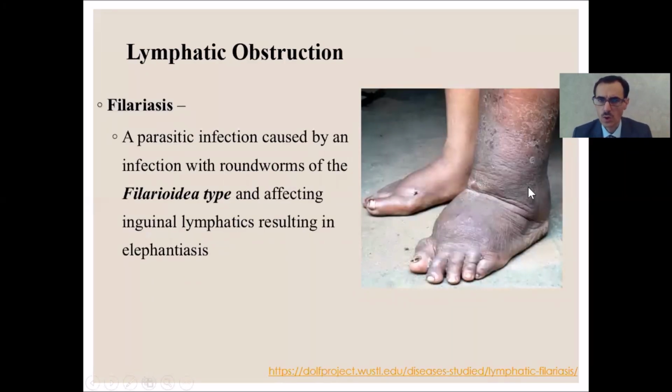Probably you heard about the filariasis. Filariasis, the elephant extremities. This is the parasitic infection caused by infection of the roundworms of the Filaroidea type, affecting the inguinal lymphatics, which results in